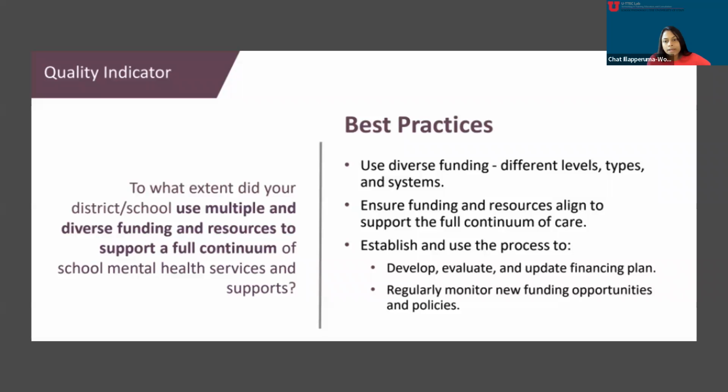So there are funds that come through grants, there are funds that come through third-party reimbursements, cost sharing, private foundations, funding block grants. There are multiple, if you really think about the different types of funding. And then you have the systems. So you have education funds, physical and mental health, public health funds, and you also have substance use allocation. So when you really think about funding, you want to think about the level, the type, and the system. And if you put all of those together, there are so many opportunities to apply and gather funding.